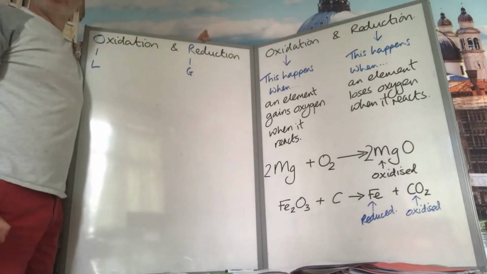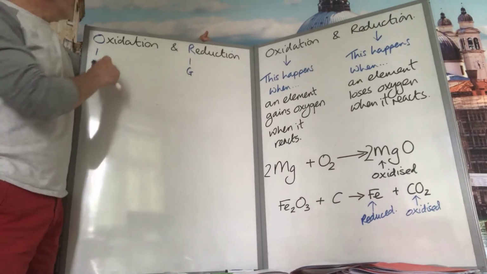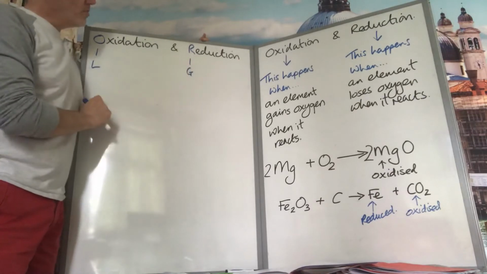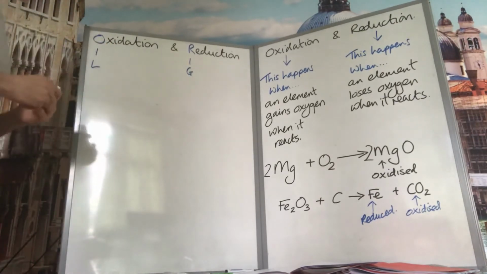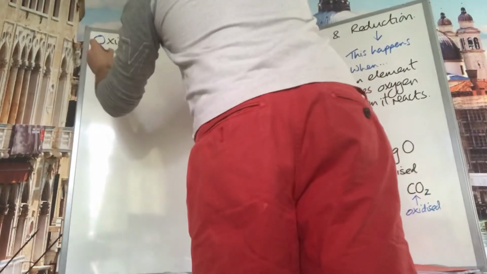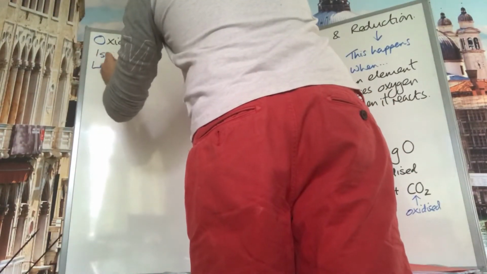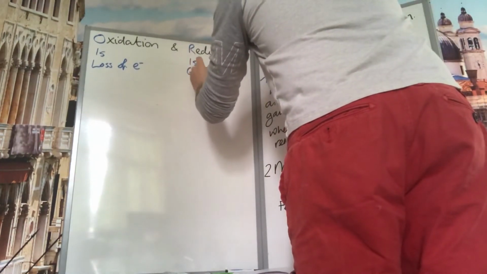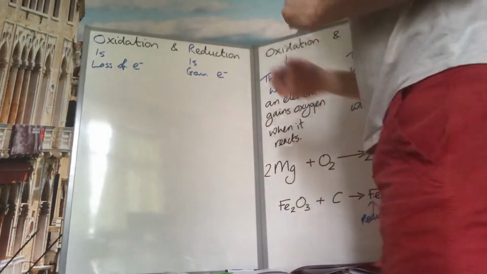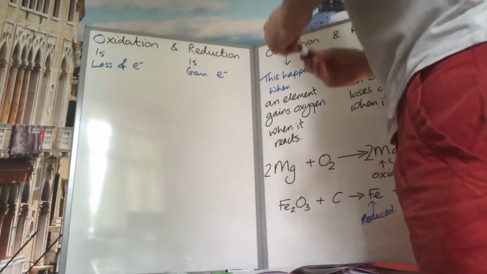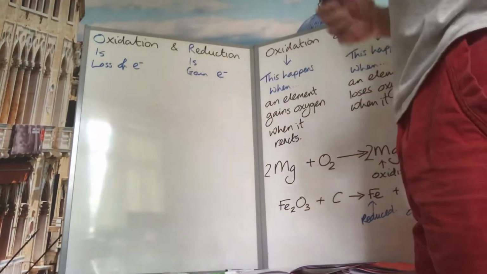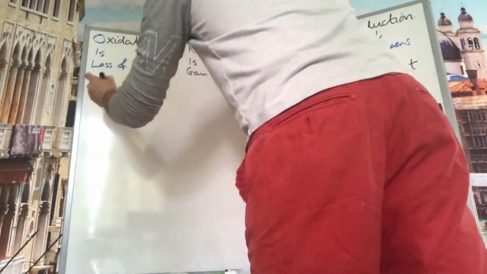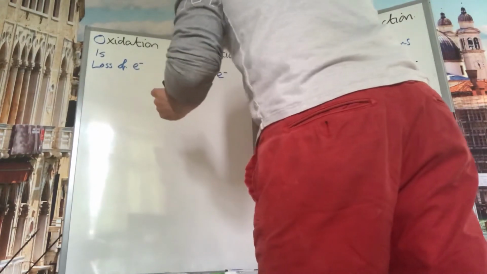Also, there are two other methods of oxidation which we need to be familiar with. So this is the next one. OIL RIG. So remember, this mnemonic works quite well. Oxidation is loss of electrons, and reduction is the gain of electrons. Okay, so here it's slightly more complex, but if you're given a reaction, and again, we can go with